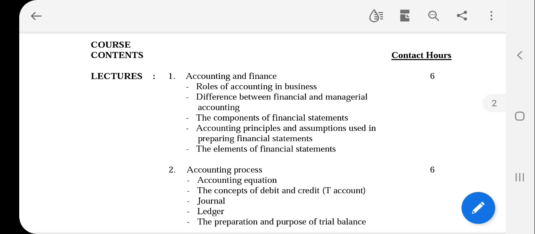But if you are doing accounting for the first time, I suggest that you read everything about accounting as much as you can, and you had better do all the exercises, the sample questions that you can see in the textbook that you will use in this course.